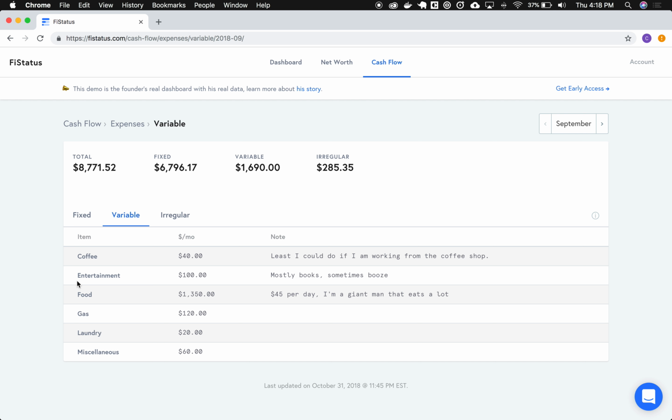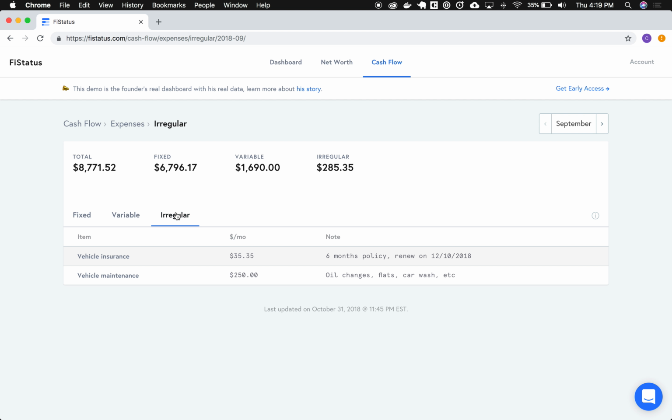All right, so variable expenses, like I said earlier, coffee. I feel bad going to a coffee shop and not buying coffee, so this is basically a small fee to work out of a coffee shop. So yeah, this is essentially what